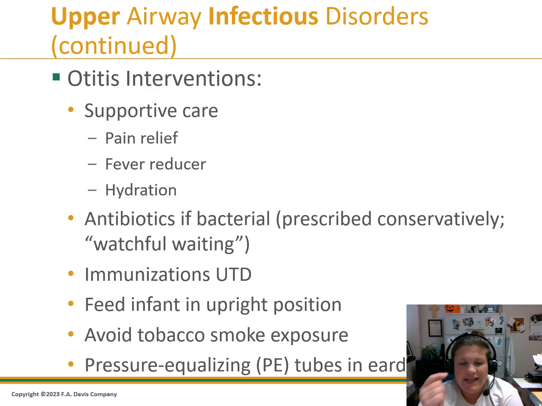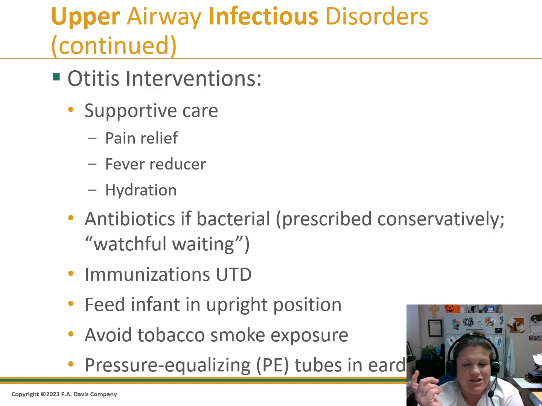And then it mentions PE tubes, also known as pressure equalizing tubes, being placed in the eardrum, and that is not done for every ear infection. For somebody who is having frequent ear infections, there's a criteria they have to meet for an ENT to even explore this option, and it's typically so many infections within a certain amount of time. Those infections can be otitis media, which is AOM, the acute form with inflammation and infection potential, or it could be OME, which is without the infection and inflammation, but with the fluid, because both of those problems can contribute to the patient